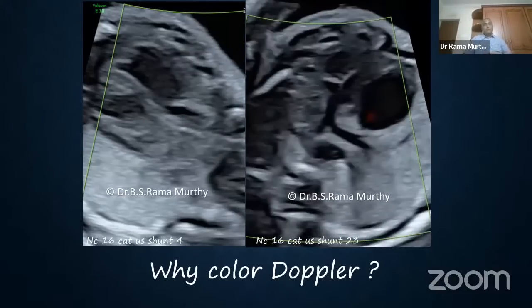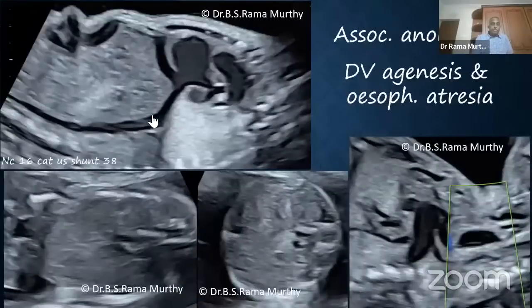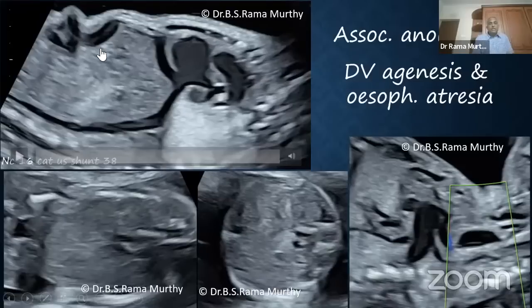And going on with the same case, remember, this was a CAT type 1. In the same case, you will find a ductus venosus agenesis, and you will find an umbilicosystemic shunt, the umbilical vein going all the way up, going over the liver and draining into the IVC just before the IVC gets into the heart. So that's an umbilicosystemic shunt, DV agenesis. Most probably the portal circulation is not there. The intrahepatic portal system is not there.